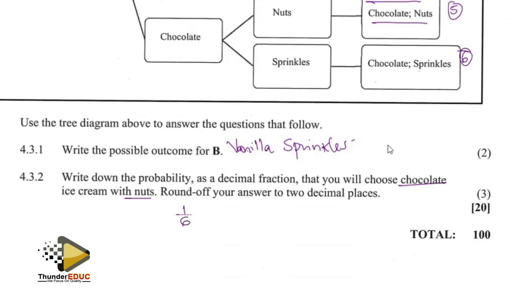So 1 out of 6 gives you 0.1667. Continuing, but they said round off to 2 decimal places. So we need to stop here. It will be